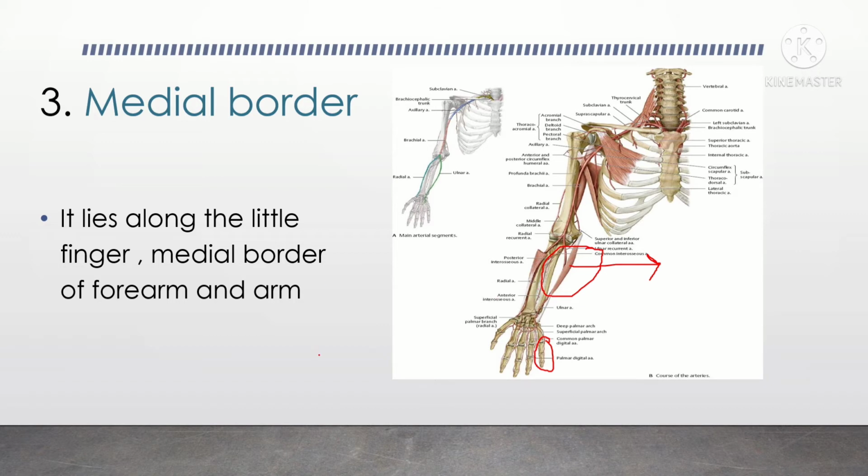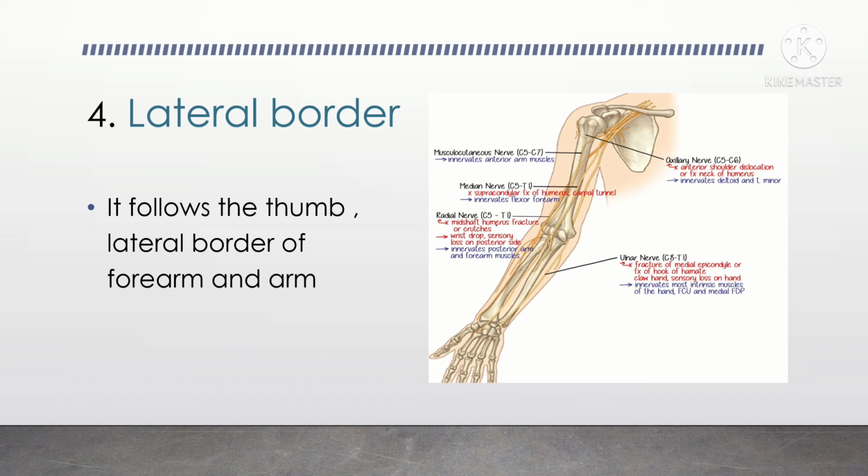Opposite to that, we learn regarding the lateral. As you can see in this diagram, lateral, the thumb is facing away from the center. It is away from the center, so this is the lateral border. We learned regarding the little finger which was facing toward the center. This is away from the center. So whatever is facing away from the center is termed as lateral. Those particular muscles or bones are present on the lateral side. And if it is toward the center, it is called medial.